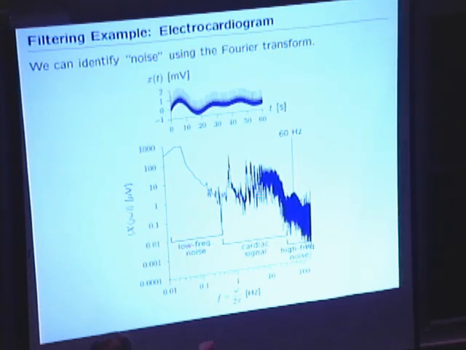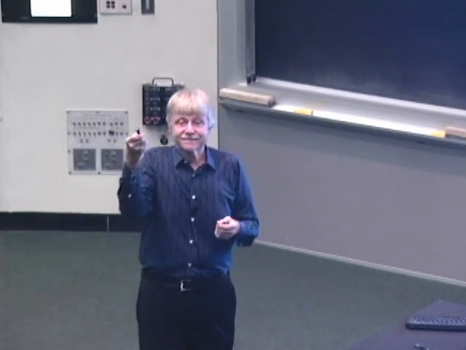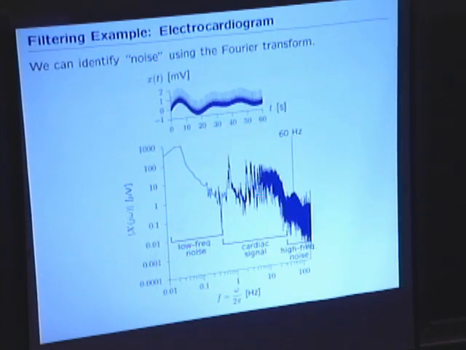This enormous spike, what's that? That's the lights. That's the power. We distribute electrical power by modulating it at 60 hertz because that distributes better, but then it radiates. And so some of that can be coupled into everything, including me. So the big line is the 60 hertz that's being coupled from the power distribution network into the person whose